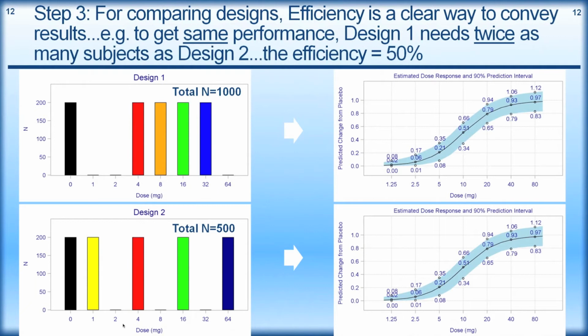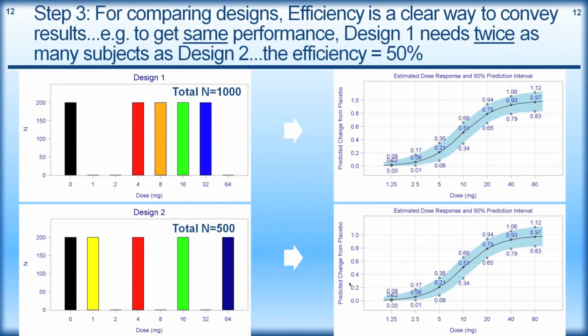Step 3, when we're thinking of comparing designs, efficiency is a very clear way to convey results. So in this example, we have a design 1, where we have placebo and 4 doses that are quite closely spaced, versus design 2, where we have placebo and 4 more widely spaced doses. And perhaps if the output from this design based on n equals 1,000 yielded this type of metric and result,